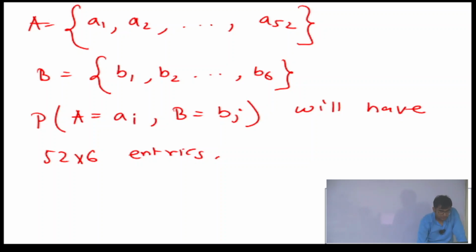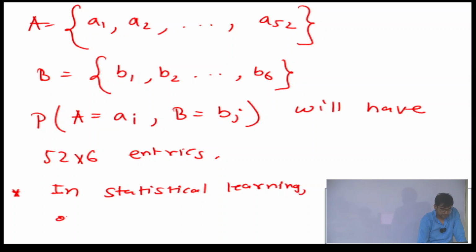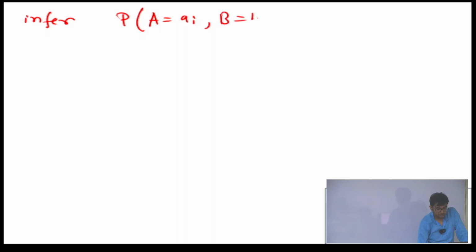I am using the term statistical learning, which has a very close relation with machine learning. Our objective is to infer probability A equal to Ai, B equal to Bj. Let us call it mu ij maybe, okay, for all i and j